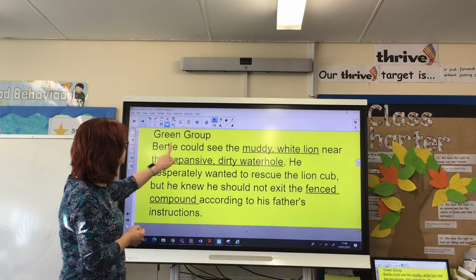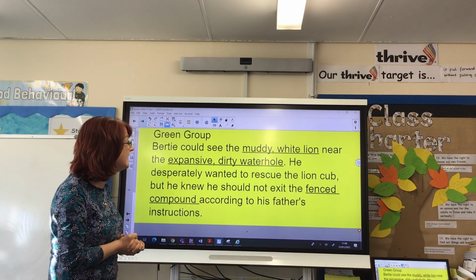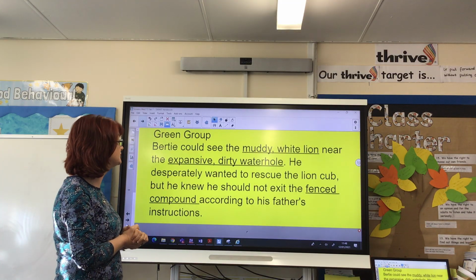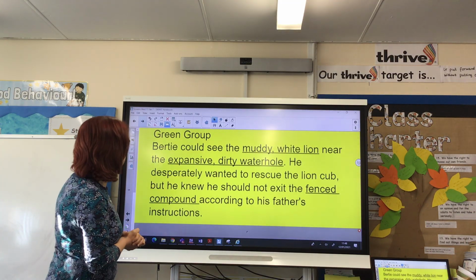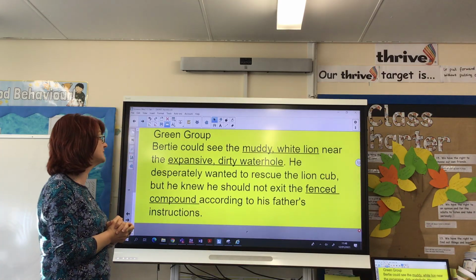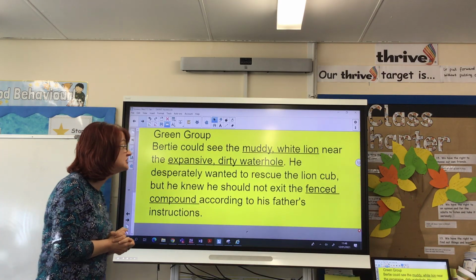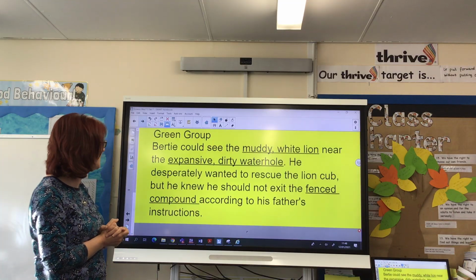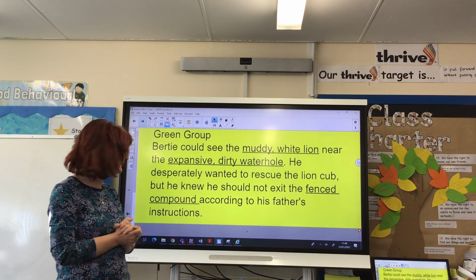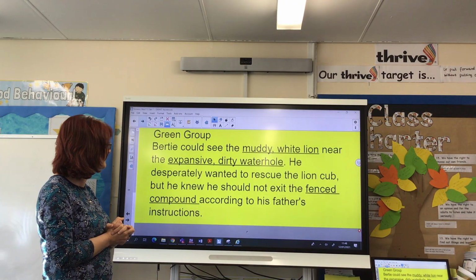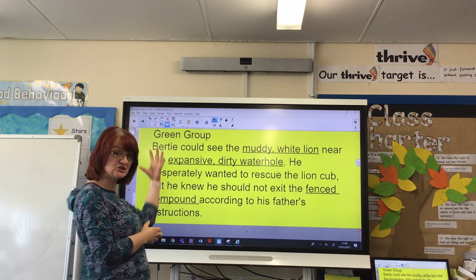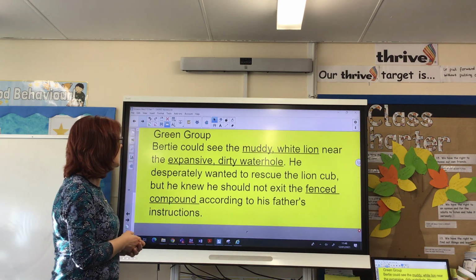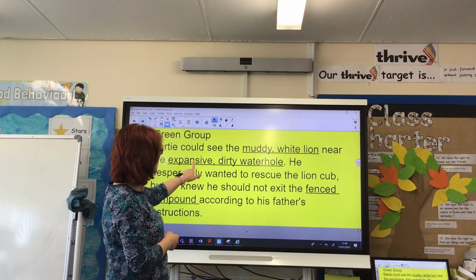So it says, Bertie could see the muddy white lion near the expansive dirty waterhole. He desperately wanted to rescue the lion cub, but he knew he should not exit the fenced compound according to his father's instructions. Okay, so in my short little paragraph here, I've got my 3 noun phrases that